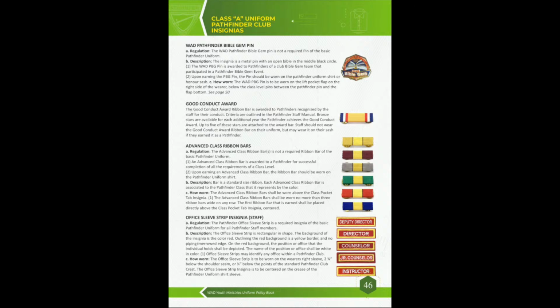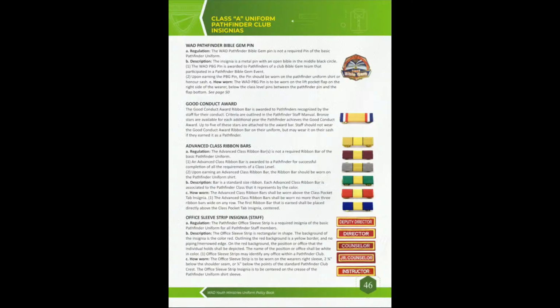They have even cross ribbons, and these cross ribbons are given to Pathfinders who have passed a cross. So you can see from the bottom, ribbons starting from friends, then companion, then explorer, then rangers, then voyagers, then at the end we have guides.